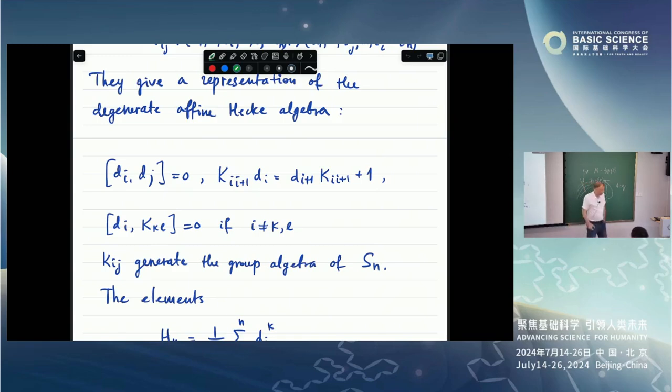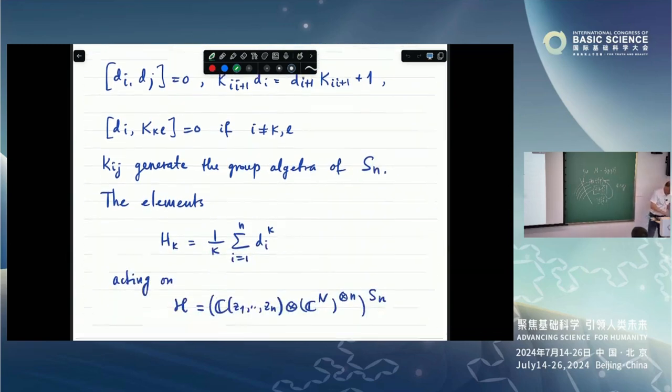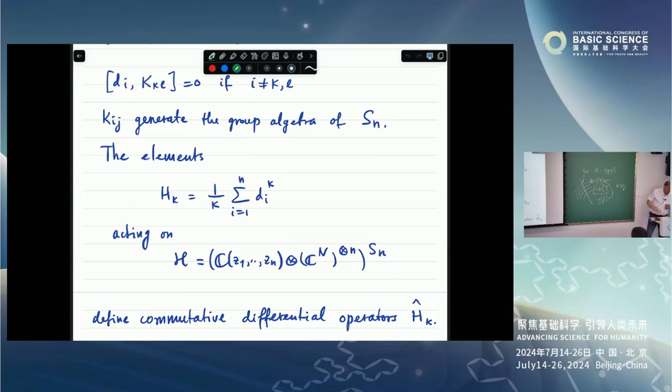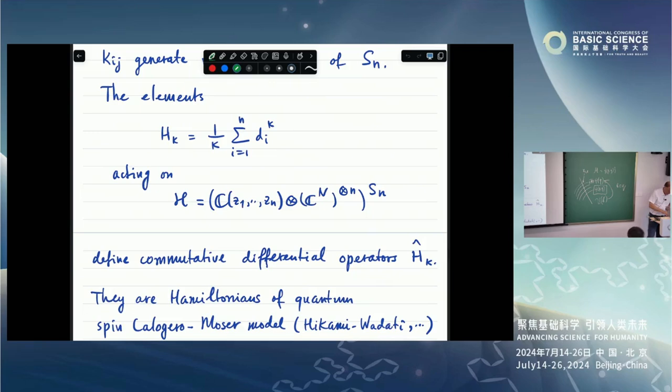So K gives the action of the symmetric group. So then we have the elementary symmetric functions, power functions, and because these are acting on this space, we can consider the action of these operators